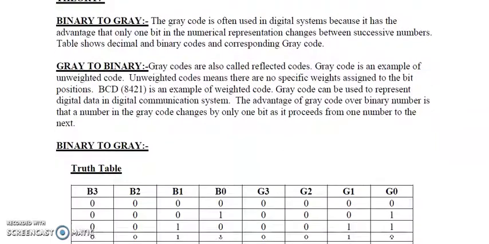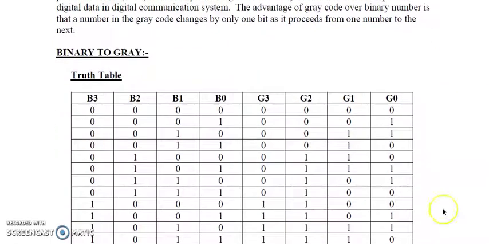Okay, so now let us look at the truth table. So this is the binary code, students, 0000, and the equivalent gray code is also 0000. Now, if we go for 0001, the first position will be as it is, and then you have to XOR the B3 bit and B2 bit. So, G3 will be as it is. G3 is nothing but B3, but G2 will be obtained by XORing B3 and B2.